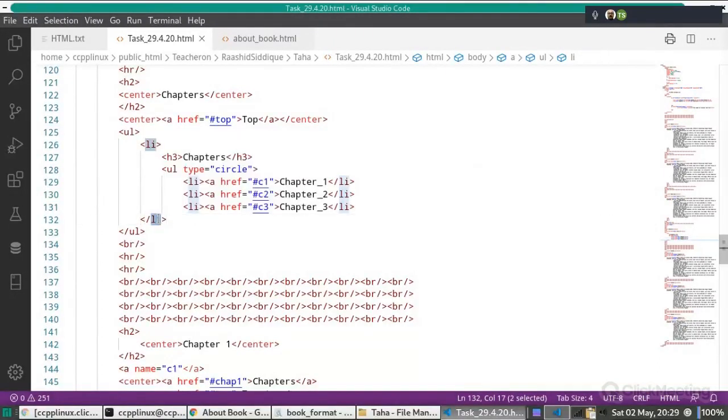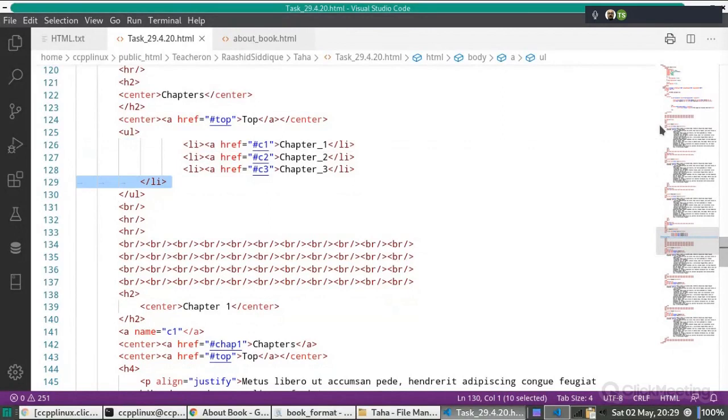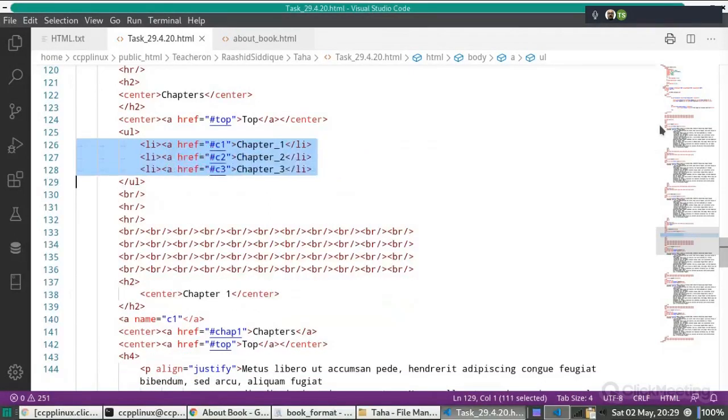No, this is not correct, because here this ul tag is here. Okay, so all these li should be the parts of this ul tag, and this s3 is the heading of this ul tag, something like this. So this ul is wrong. It should not be like this. Just delete it and cut it from here. Okay. Like this, and then that s3 tag should be placed here.